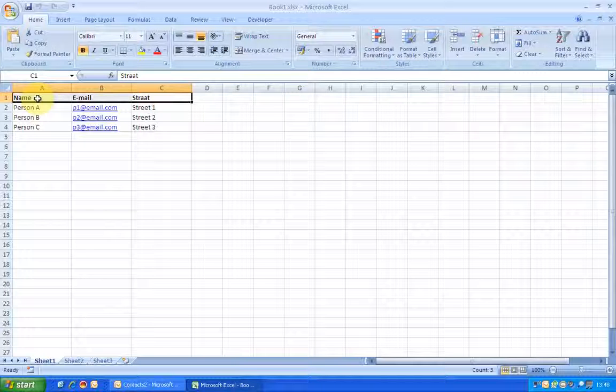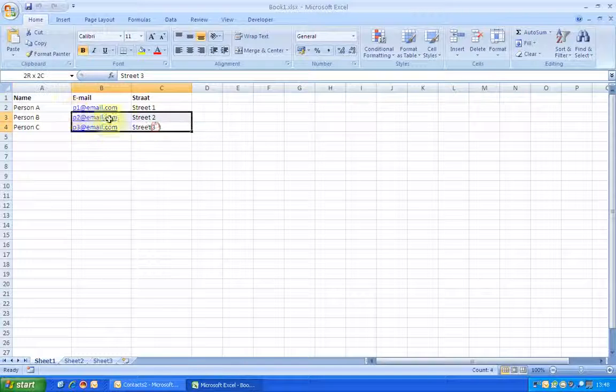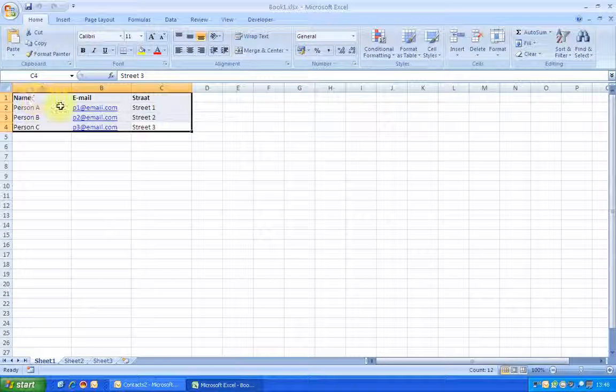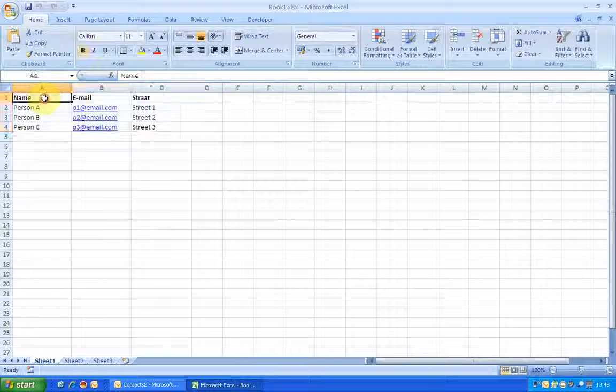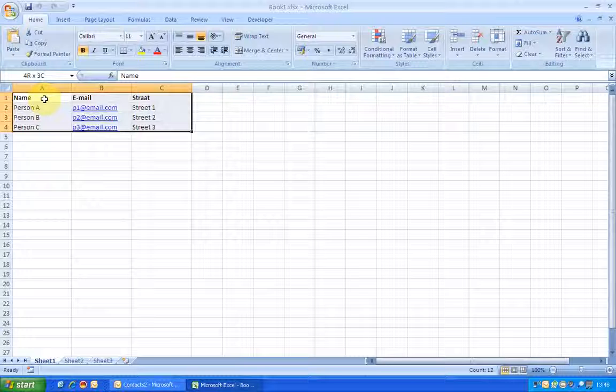Now you need to do one more thing. You need to tell Outlook later on what range of cells you want to import. So in this case, the range of cells that I want to import into Outlook is this range. Now this is selected easily because there are only 4 rows and 3 columns. If you have a huge Excel file, you better select just cell A1 and then press your Shift and Control key together, hold them, and then press the arrow keys on your keyboard to the right and down,